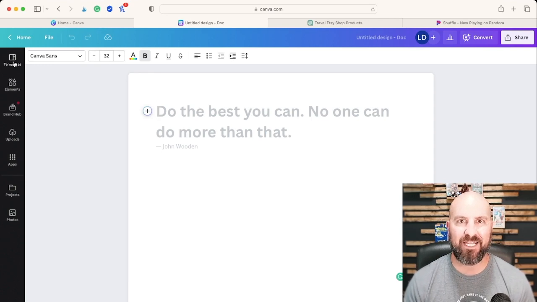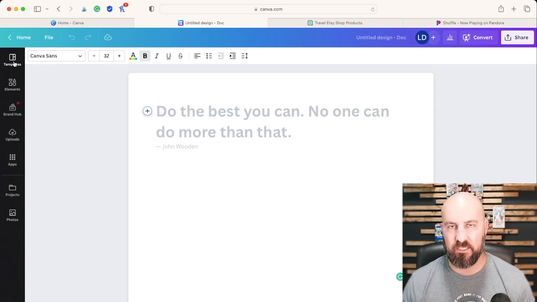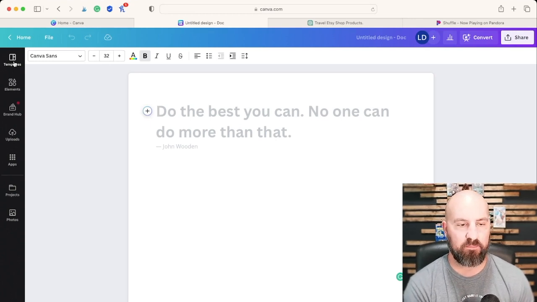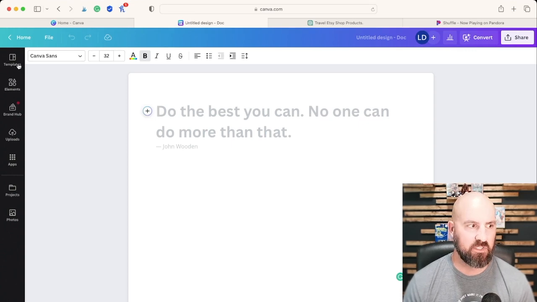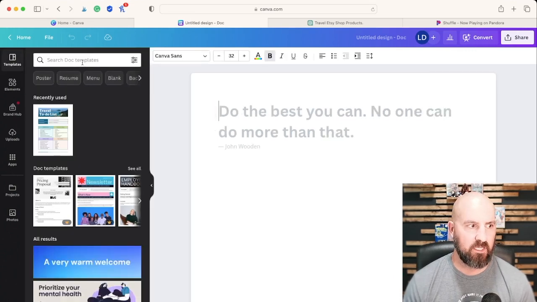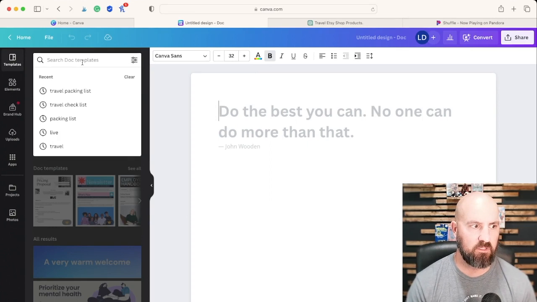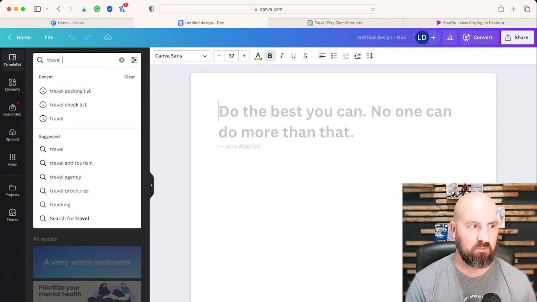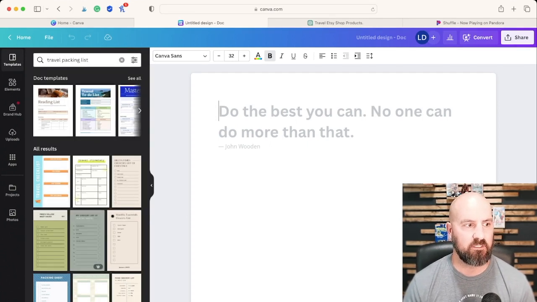You can't just take a design in Canva and sell it. You have to change something on it and make it your own. And that's exactly what I'm going to do. But you don't have to start from ground zero. The nice thing about Canva is you can start using an existing design that they have, which will make things a lot easier. So let's go to the templates, and I'm going to search for travel packing list